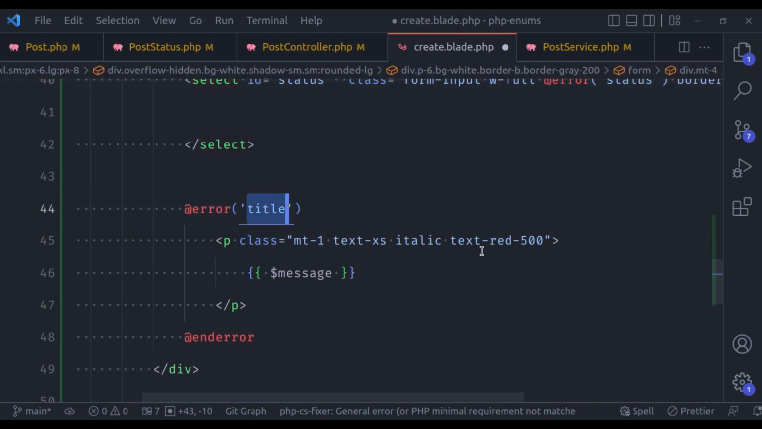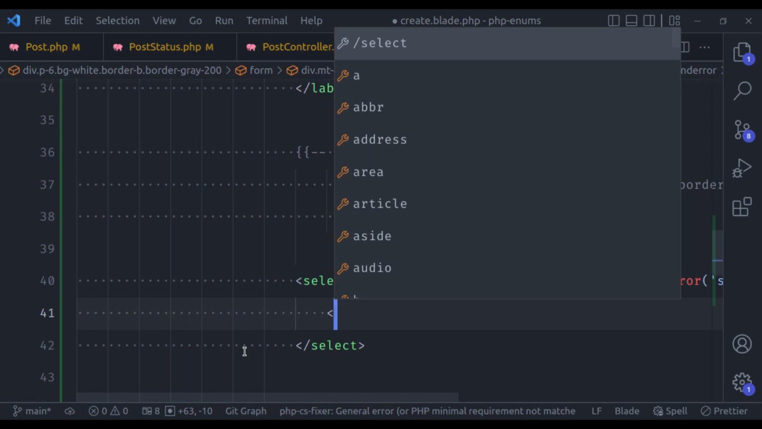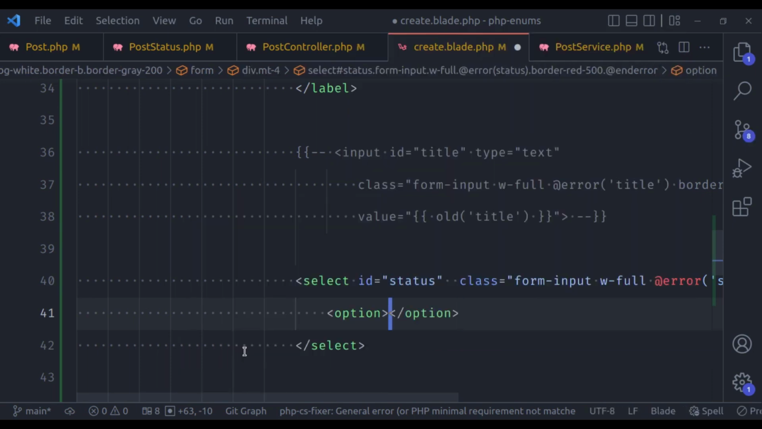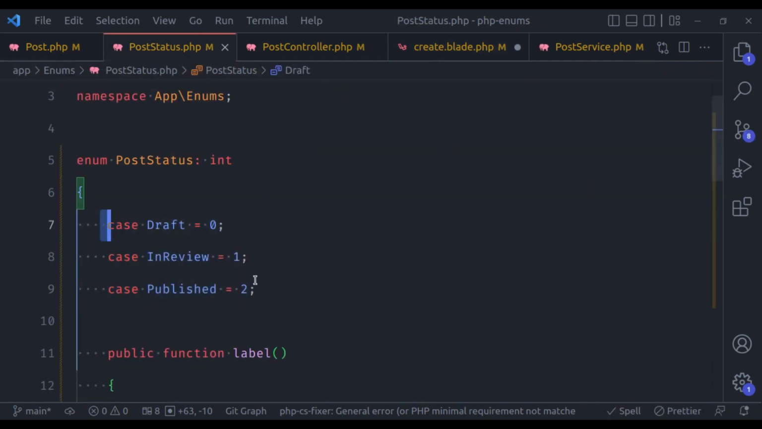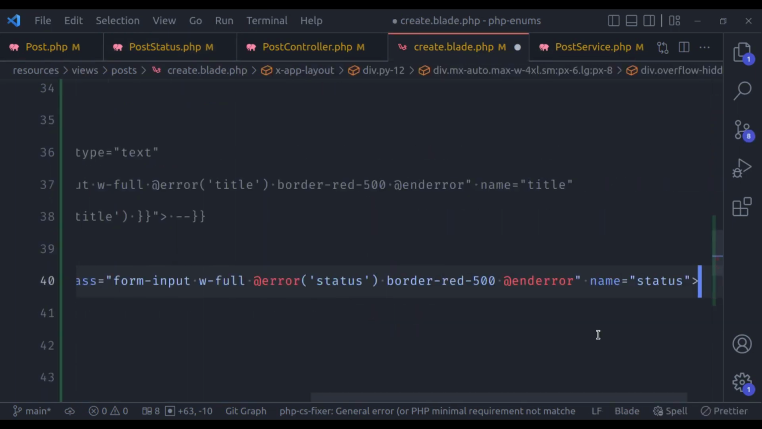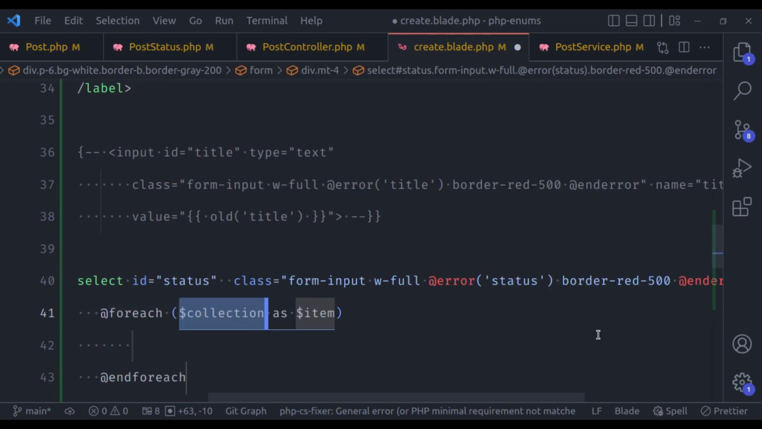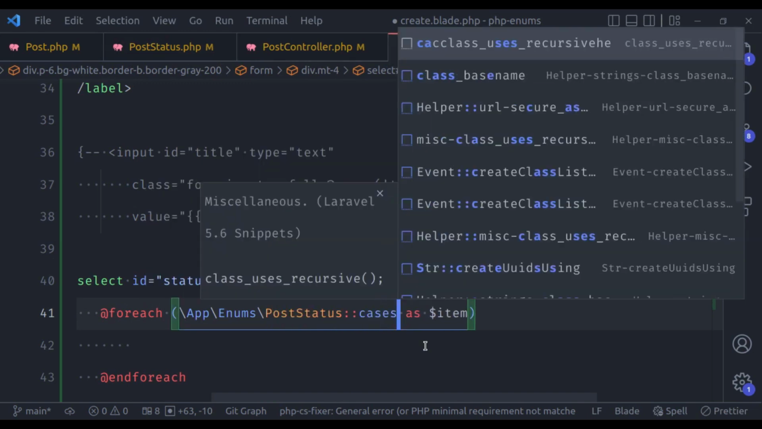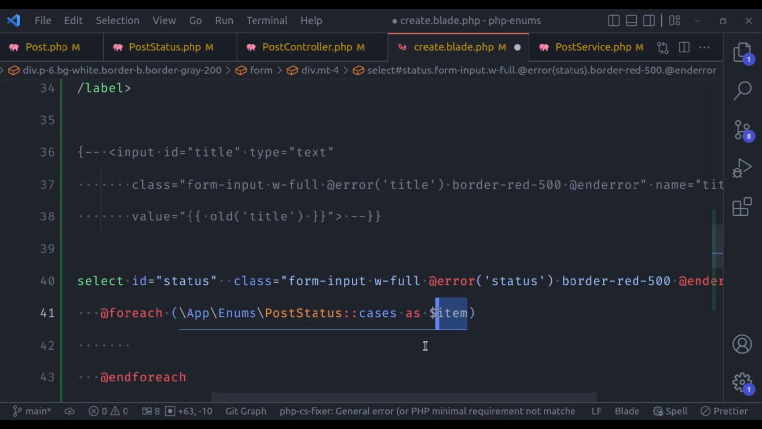And to display validation error, here we will pass status. Next here we will say options, how we can add all the options for these cases. For that we will use enum method cases. So here I'll add a foreach loop, and here I'll say App\Enum\PostStatus::cases() as $status,